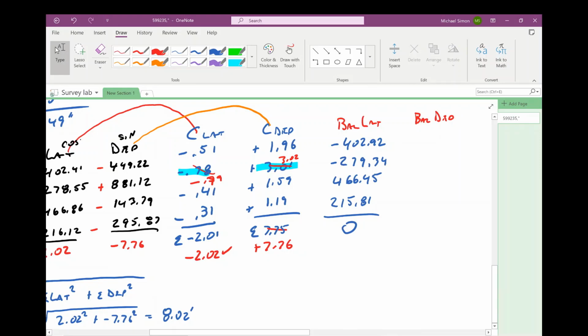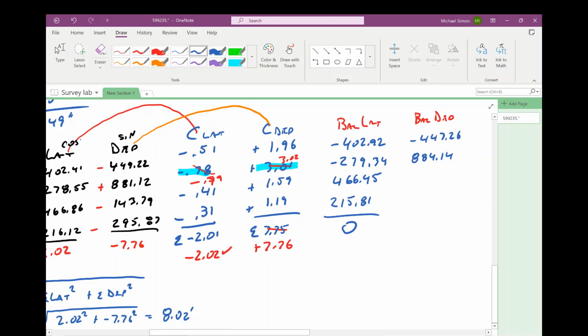Okay. Back to balanced departures. So the balanced departures, I have 449.22 plus 1.96. 451.18. 881.12 plus 3.02. 884.14. Oh, I did it again. I forgot the negative sign. Negative 449.22 plus 1.96. That's negative